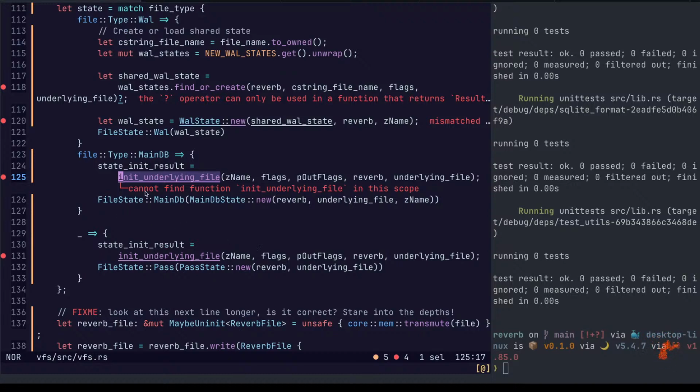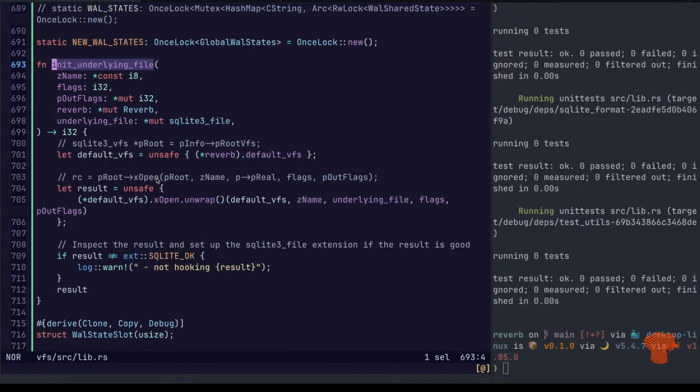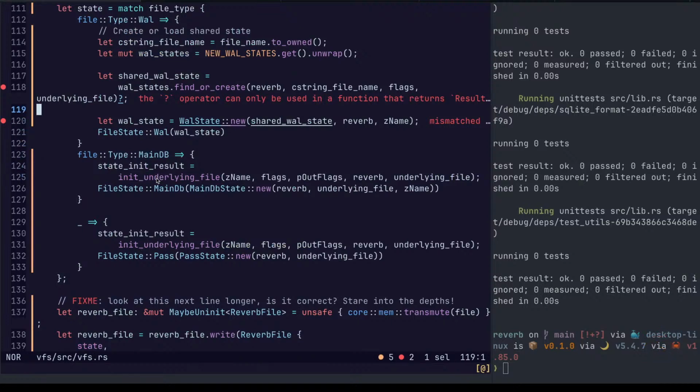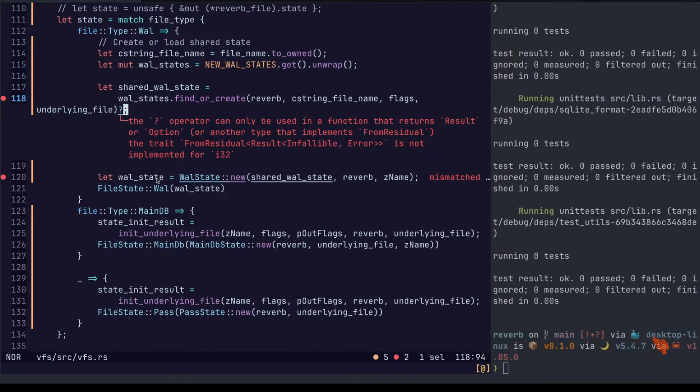Okay. Now, oh, that moved. That makes sense. Did I change the... I forgot that this is used by the others as well. No, I think we're still okay. Okay. So we get the shared states, find one.